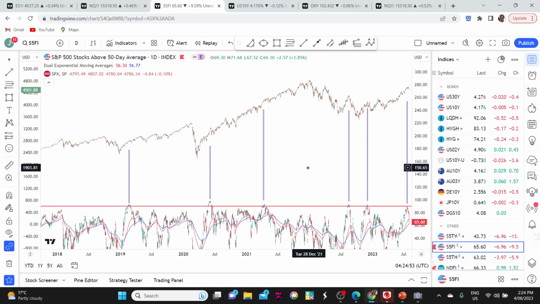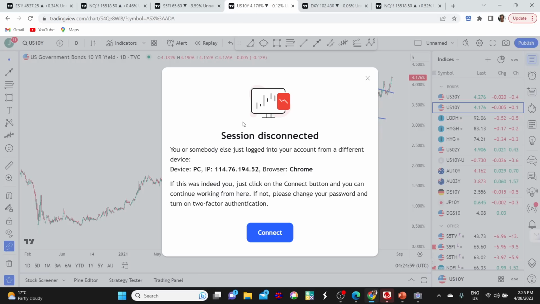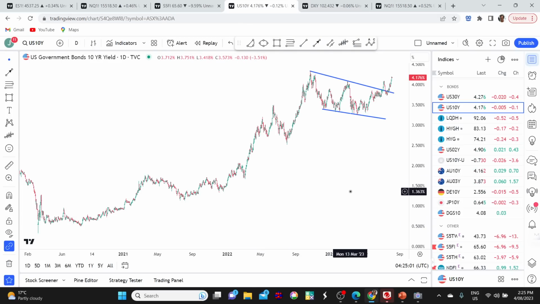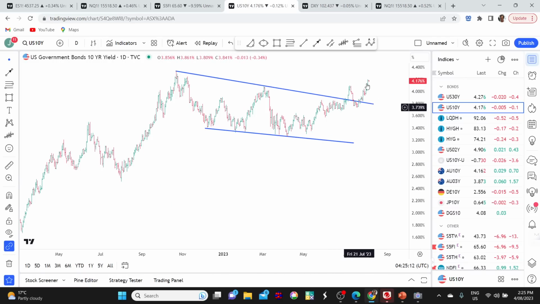Now, let's have a look just at a couple of risk points for the market, which I just want to go through with you briefly now. First one is the US 10-year yield, which is breaking higher. I spoke about this, I think it was 2 or 3 weeks ago. So 2 or 3 weeks ago, we started to get a breakout out of this